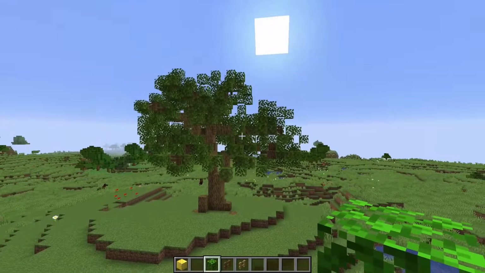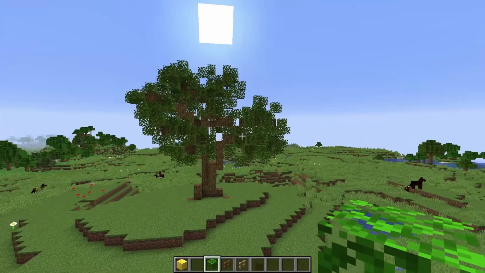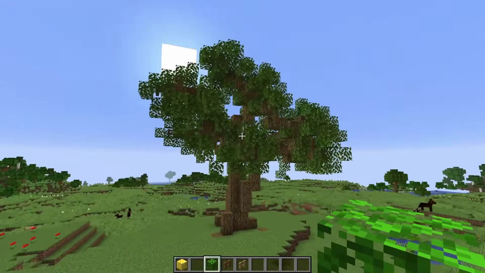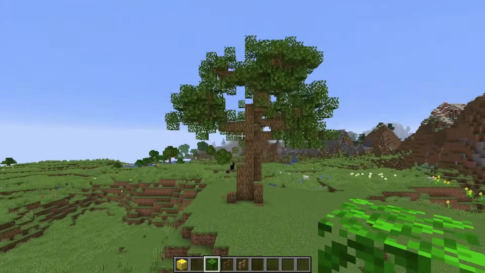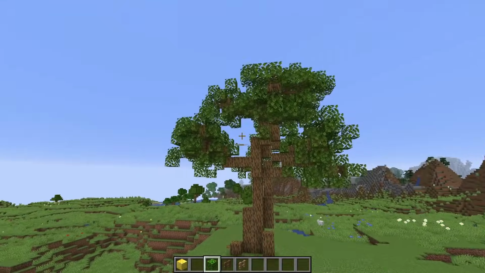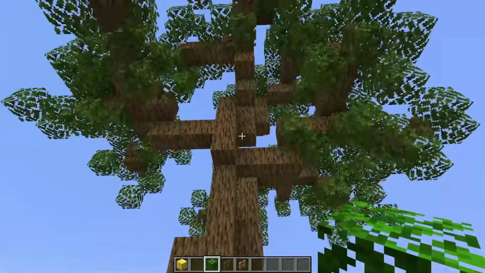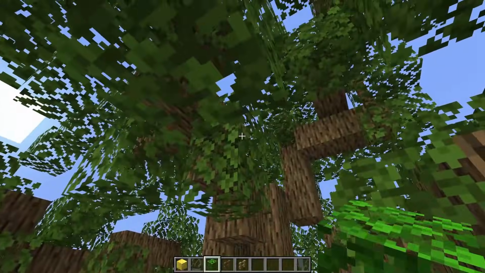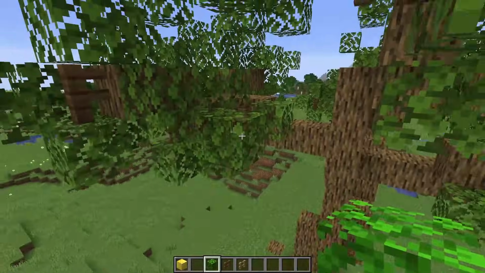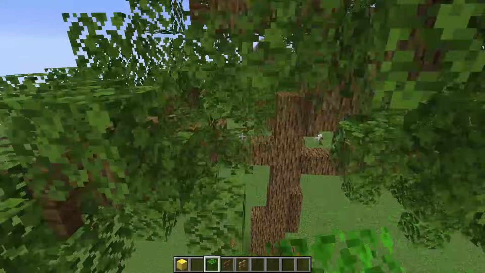And again, I am looking at the tree from all angles. This angle to me looks pretty good. It's the other angle that we were just looking at that I'm a little worried about. This one we could use a little bit more right here, and right there we've got a really big sky gap. So I've got a little bit of work to do. I'm going to go ahead and fill these in now because I don't think you need a tutorial on how to slowly place leaves one by one.